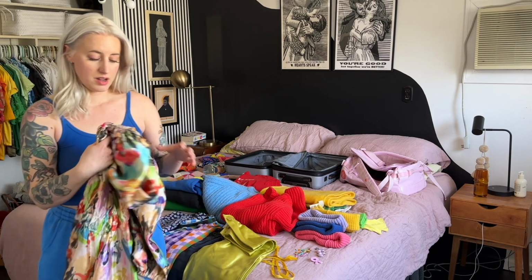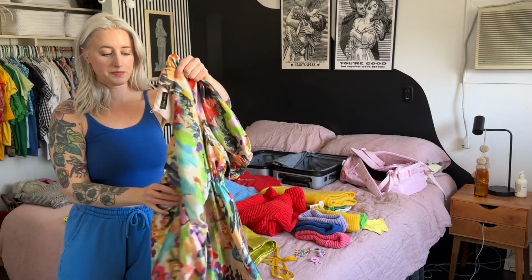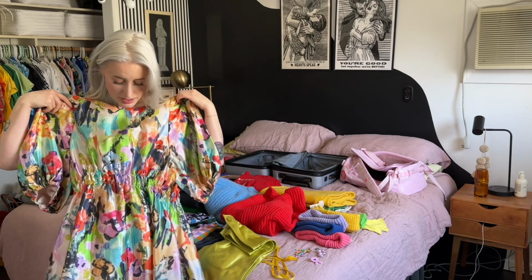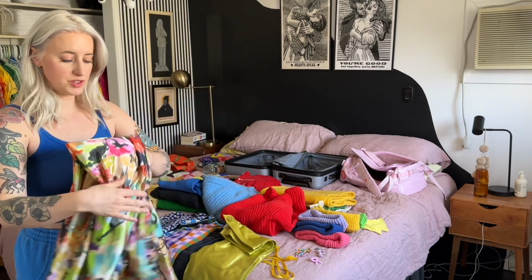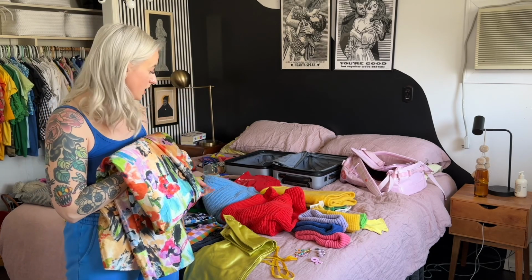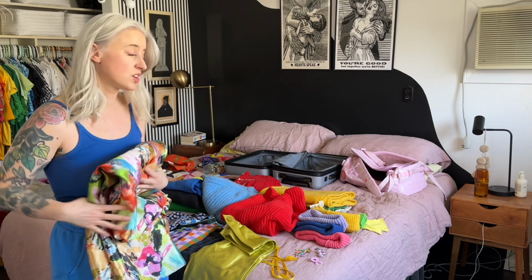This one, which I got from Rue St. Paul in Brooklyn. It's super comfortable, it has pockets. I feel very good about wearing this with my Doc Martens, which are the only shoes I'm going to bring. And it feels like it can be dressed up or down. I could throw that cardigan on over top and have it be a casual daytime look,